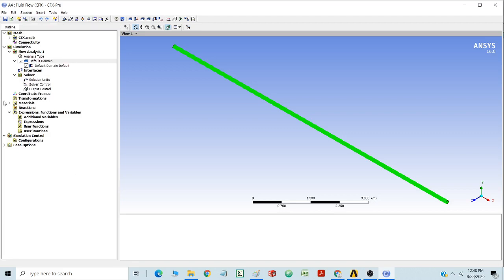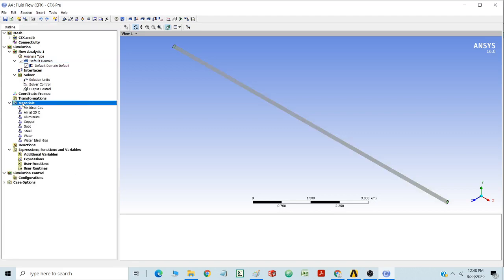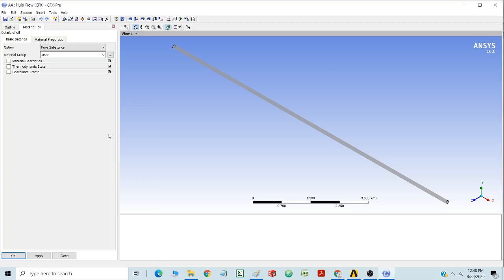Now in this panel, in the tree, you can see material is there. On material, I am going to right click and insert. In that, I am going to click material, and I am going to name it as oil. And oil is a kind of pure substance. There is no confusion in it. There will be a material description, thermodynamic description, everything you can write about materials.